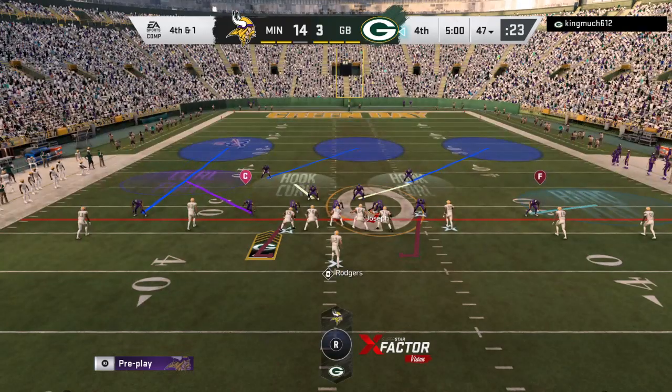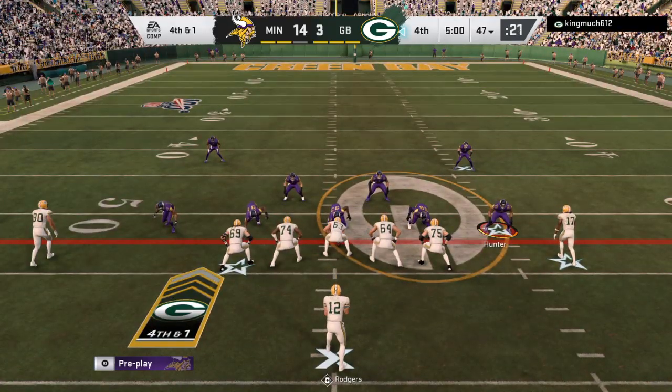Back north. Hey, Zoo. Mike 54. Mike 54. Get that quarterback at all